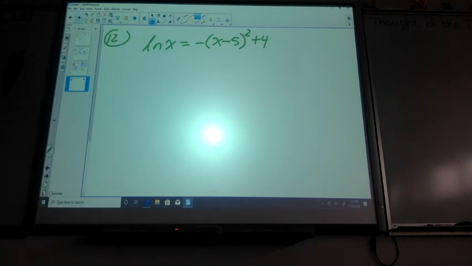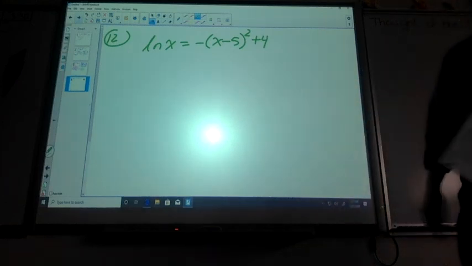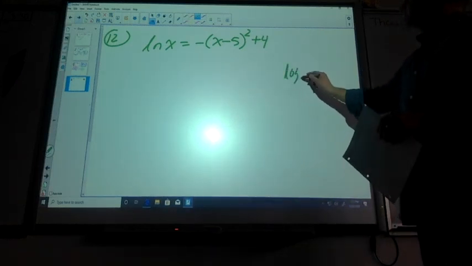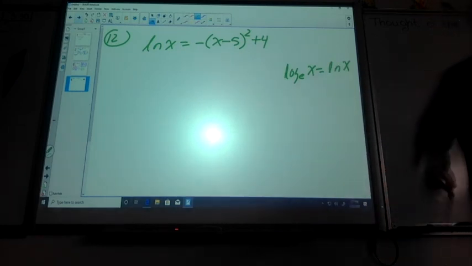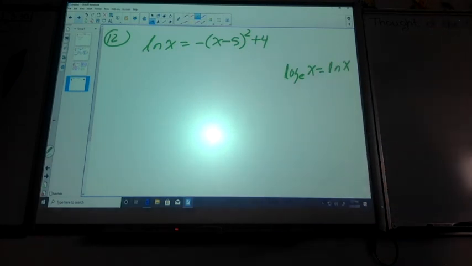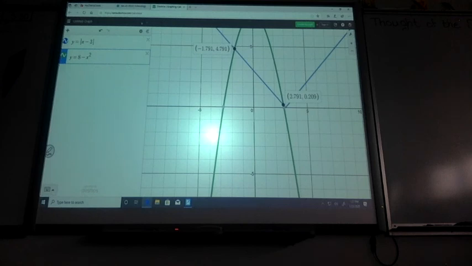So, my friends, what is this nonsense of ln? Natural log. Some of you have been in those classes that had natural log in it, yes? So natural log stands for log base e of x. So log base e of x is equal to the natural log of x. And some of you are like, what? And that's fine. But as long as you can find that on Desmos, you're going to do just fine.